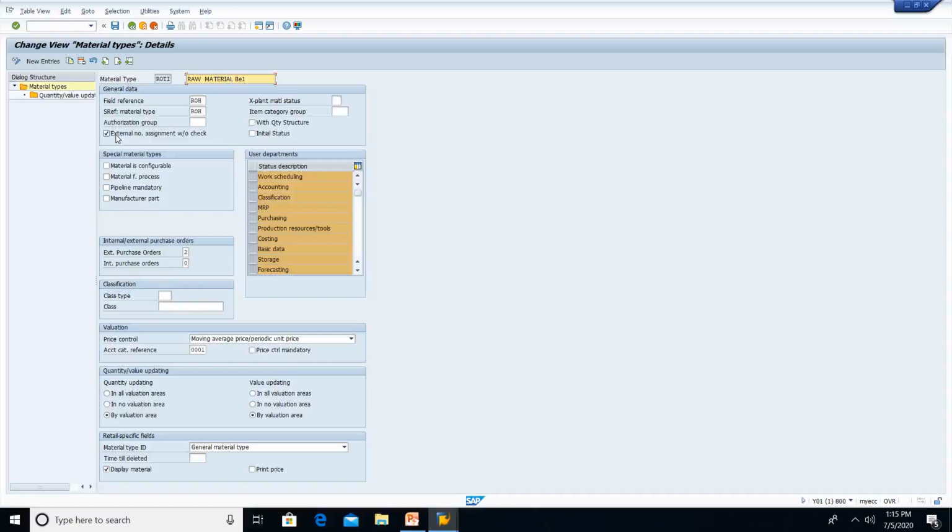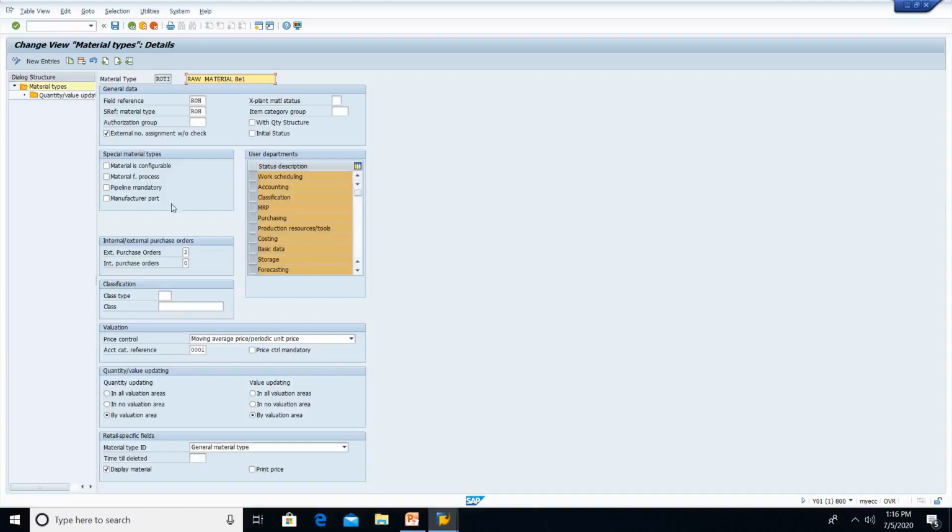If it is external, we will have to make an entry within the range, so that we will get the number. So number assignments, material number assignments will be controlled by material type. Mainly it controls the view selections. When we create material in MM01, we get predominantly basic data 1, basic data 2, accounting view, purchasing view, sales view, quality view, and etc. Those views will be coming based on this material type.